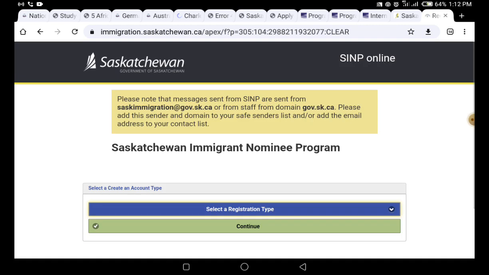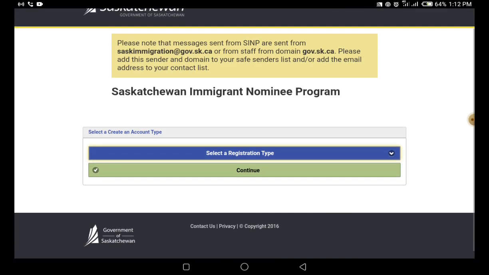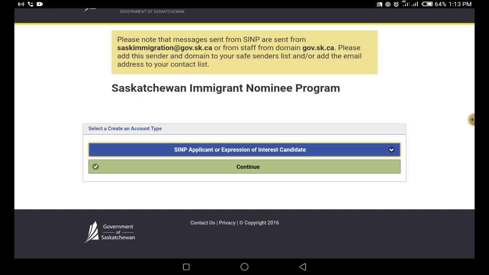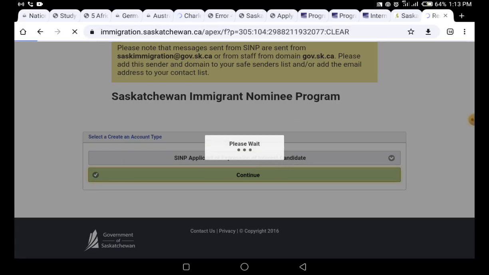So there's nothing difficult for you not to be able to do here. If you need support with any of this process, you can actually reach out. And if you look at here, it says entrepreneur applicant that applied before March 2015 and all SINP applicant or expression of interest candidate, employers, recruiters. So you see now, if I click one of these and just say continue,